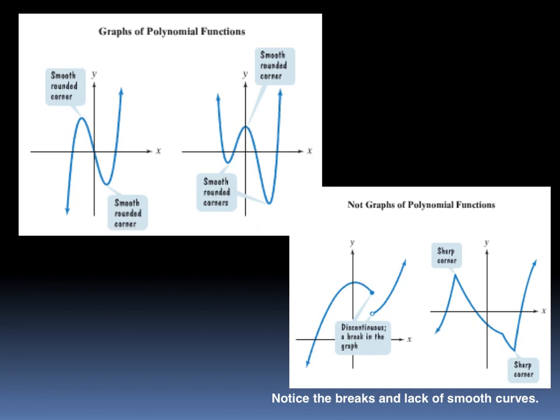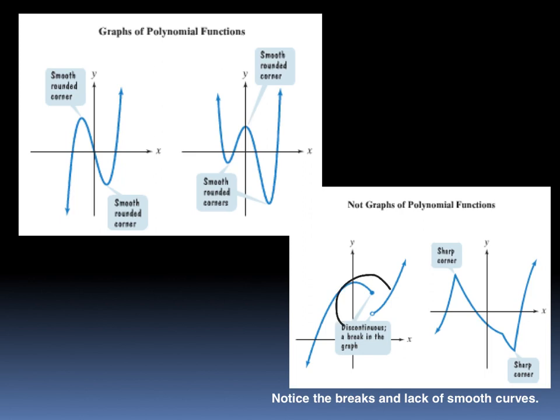So when I look at these graphs here, the ones on the left are graphs of polynomials. Do you guys see how they are continuous? There's no stopping and starting points. They just go from the left-hand side to the right-hand side, and it's nice and smooth curves. We have bumps in the road and that sort of thing. Those are called turning points. But there's nothing that's a sharp, jagged corner, and it's not